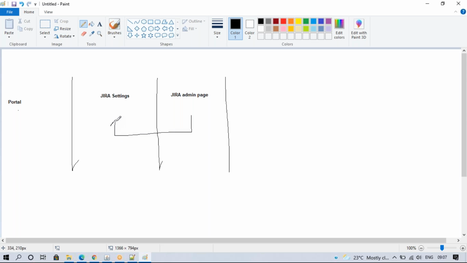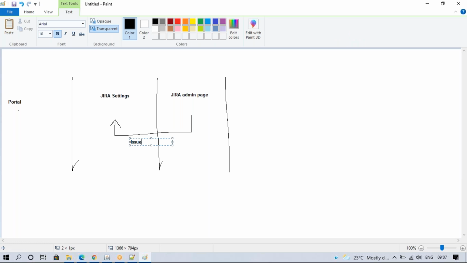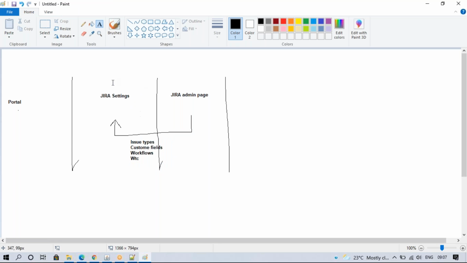Then all of that will appear here, like issue types, custom fields, and workflows. We already know how to do this setup. The next step is that, based on these project settings only, we need to develop this customer portal.